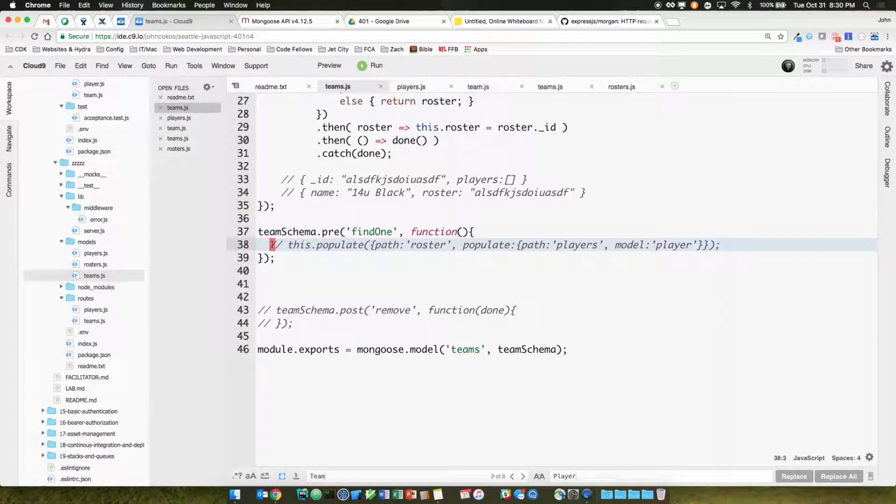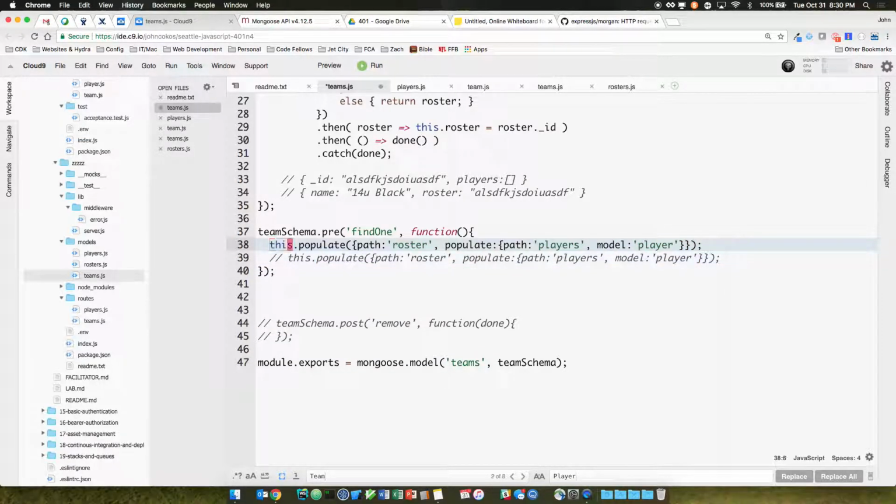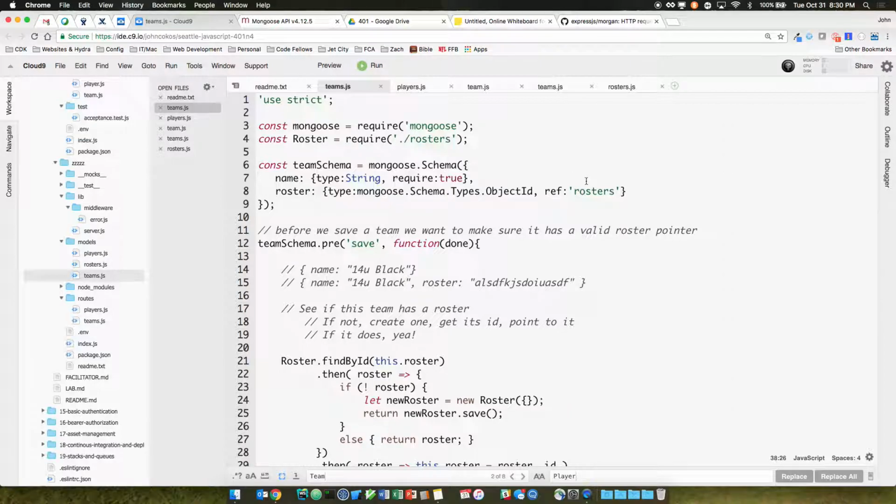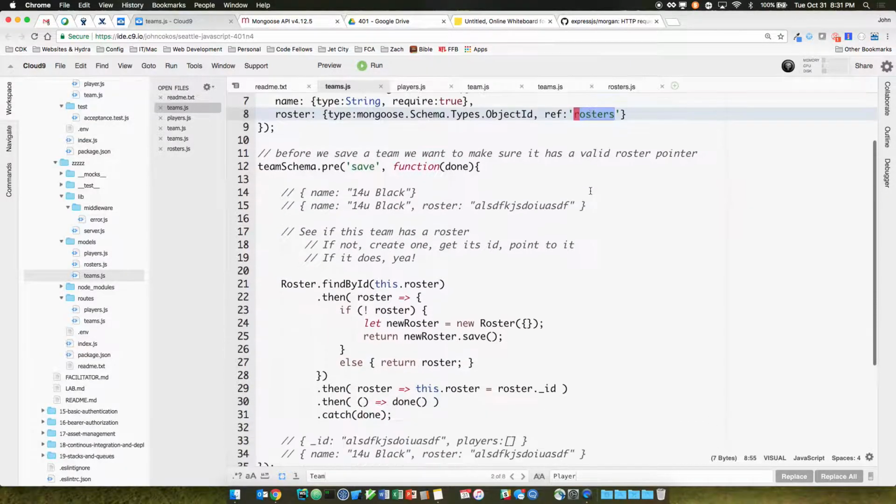Here. So I'm going to uncomment this little bit of magic. And actually, let's do, oops. I'm going to do it in two stages here. This populate roster. So populate understands that I've got a reference to rosters. Okay? So when I populate